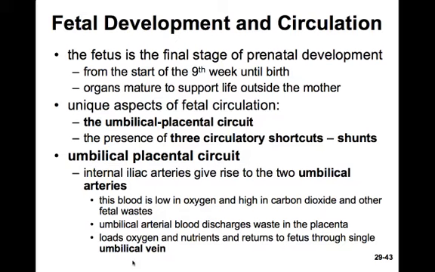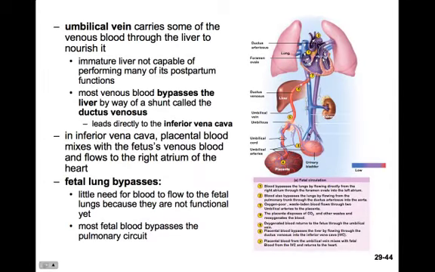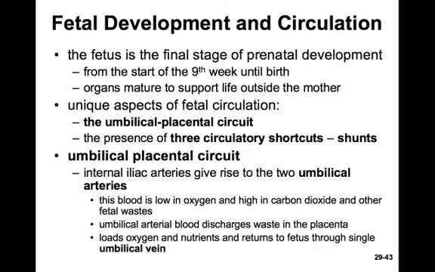The unique aspects of fetal circulation are the umbilical placental circuit and the presence of 3 circulatory shortcuts called shunts. The internal iliac arteries give rise to the umbilical arteries, which pass on either side of the bladder into the umbilical cord. The blood in these arteries is low in oxygen and high in carbon dioxide. You can see the umbilical arteries marked by 3 here. The umbilical artery blood discharges wastes into the placenta and then loads up with oxygen and nutrients and returns to